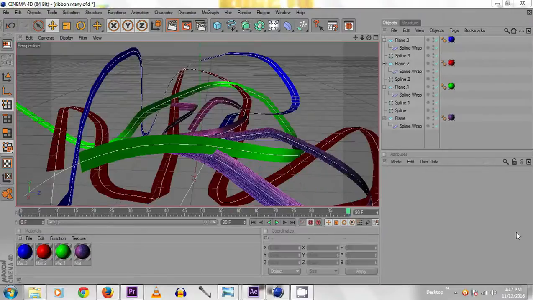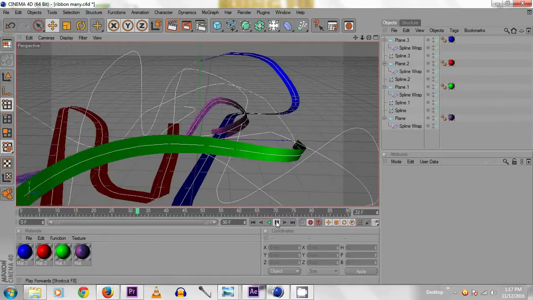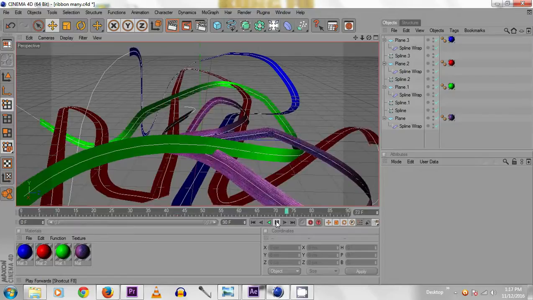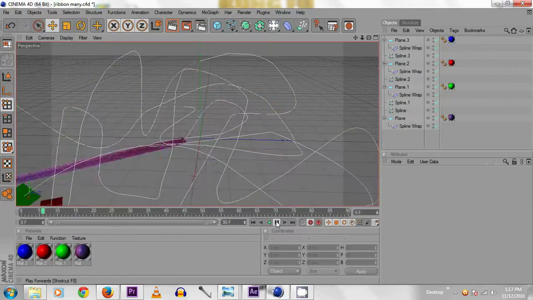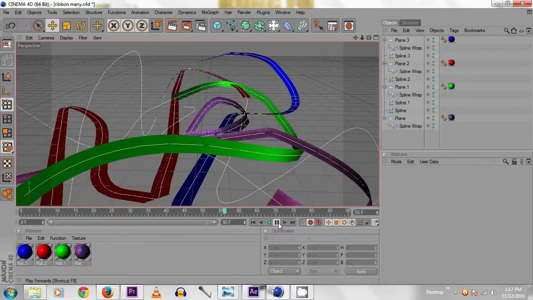Now with the different splines, finally we can have the result like this. Let's play the animation. With the different splines and different textures, we have the animation like this.